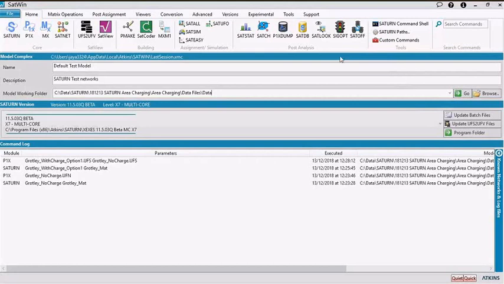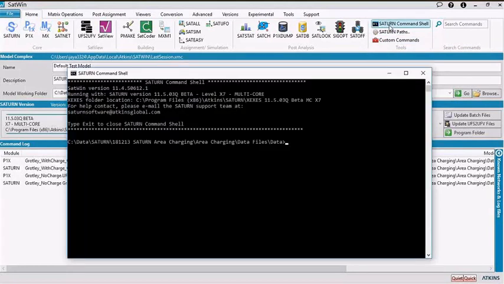The first one I would like to show is Tack Trips. So if I run a command prompt using Saturn, and if I call Tack Trips,